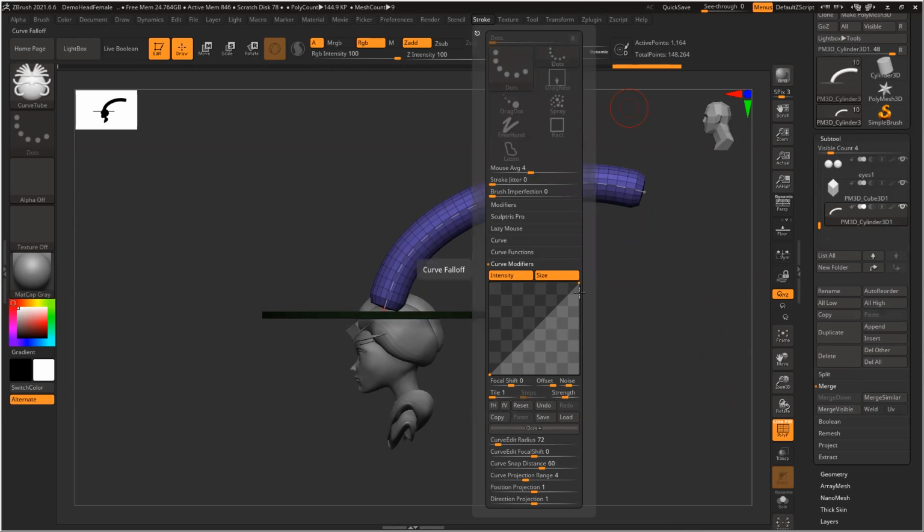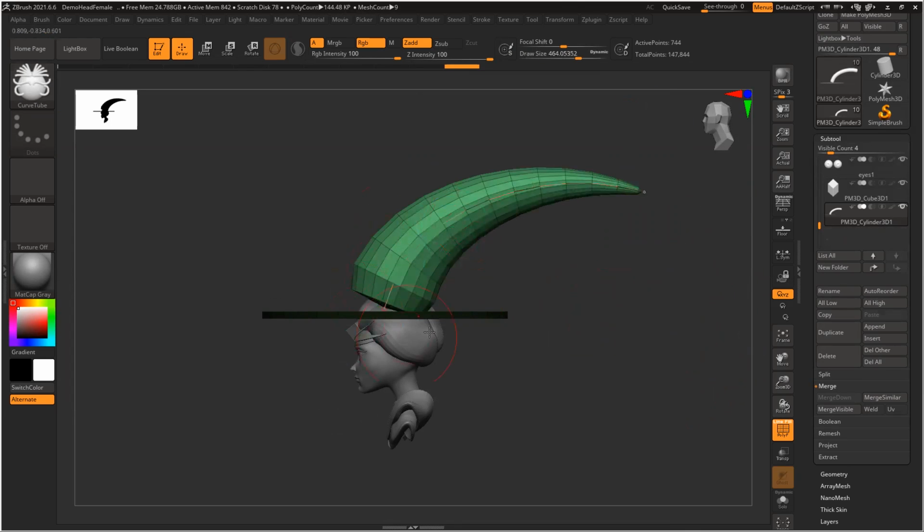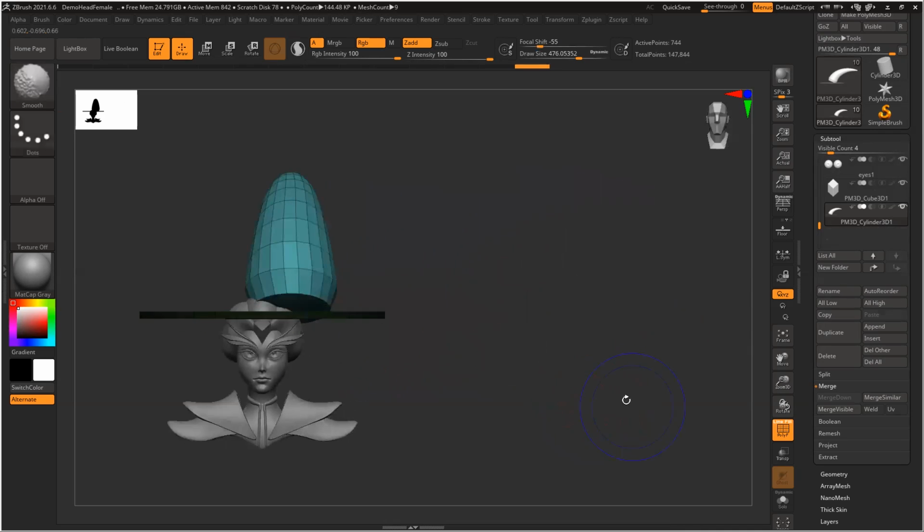Stroke, size, thick to thin. So I can create this thing pretty easily. This thickness should be equal to the head, because your head fits inside this. If you want, you can push it like this also.